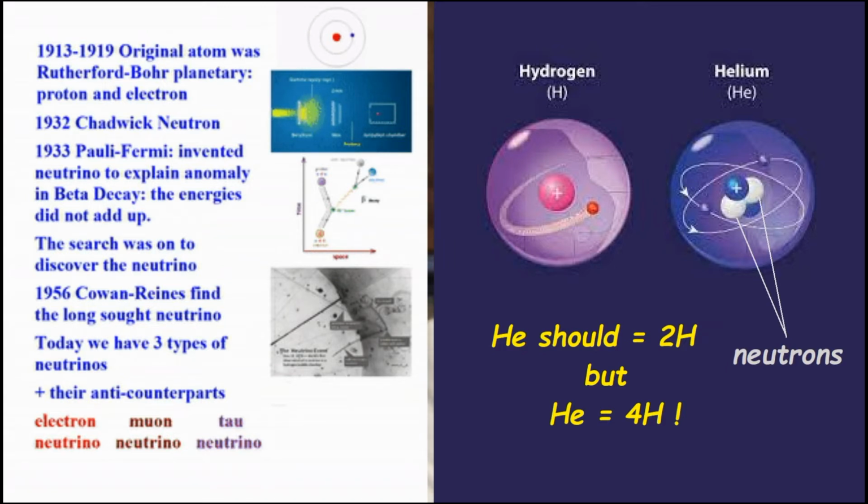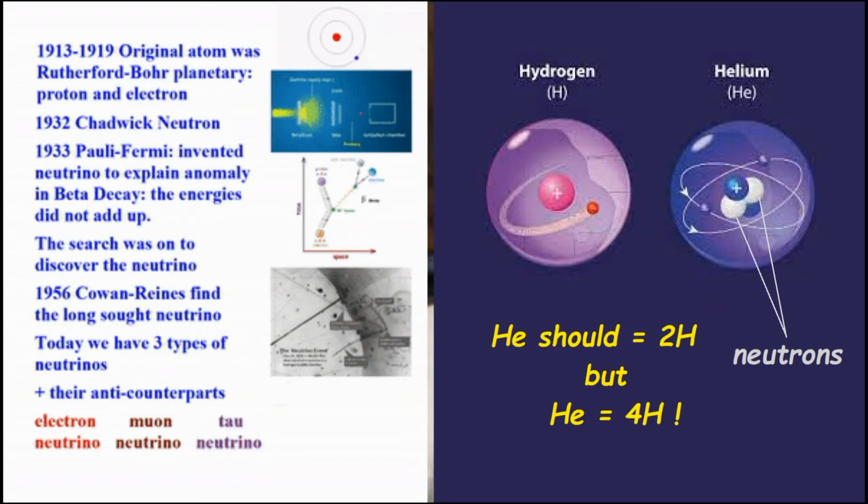And they couldn't put charges in there, because if they put 2 more protons in there, then they would have 4 positive charges and 2 negative charges of the electrons. So they had to change that, and they said, okay, the particle that's in there has the mass, but it doesn't have the charge of the proton. And that's how the 2 neutrons went into the nucleus of the helium atom. So this is how the neutron came into being.